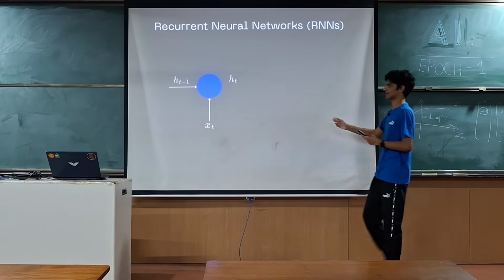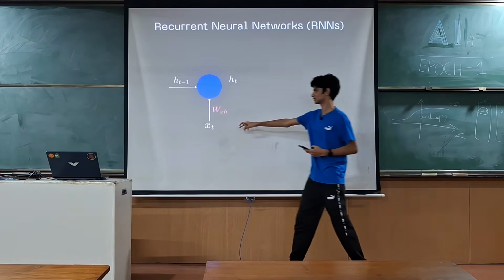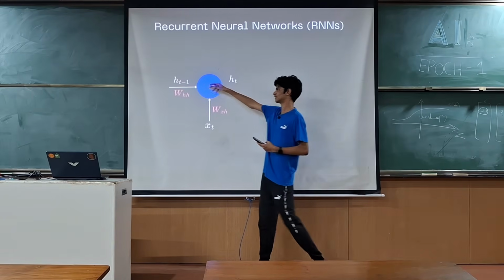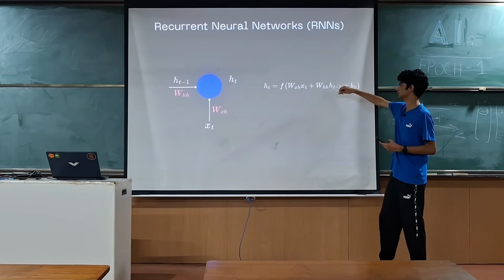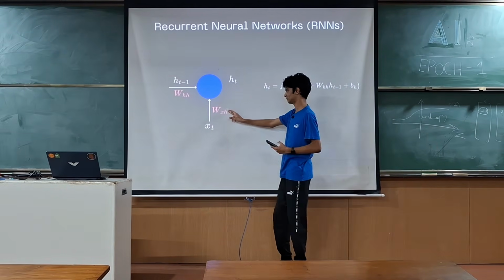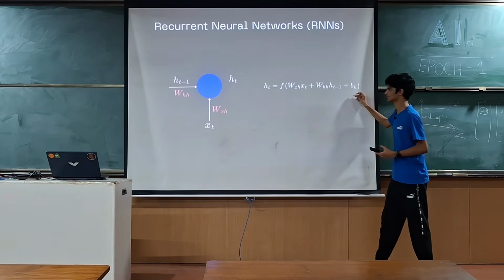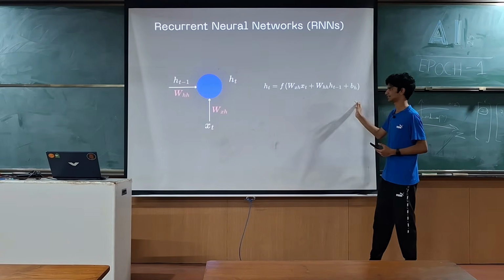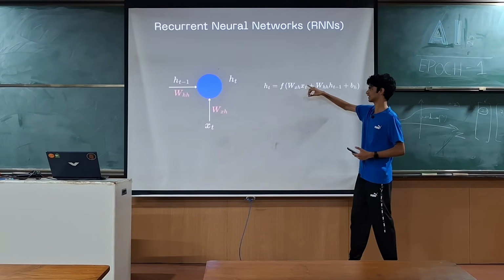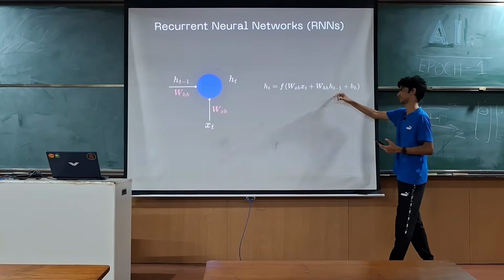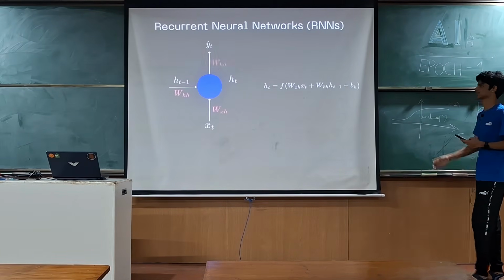How we get this is, again, as we showed in the neural network slide, we use weight matrices. So this is a vector of this particular word. This will be a vector of the hidden state. How we get the new hidden state is you multiply this matrix with this vector, you multiply this matrix with this, you add a bias term, and then you apply your state activation to that, and that's your updated hidden state. Again, as we said, hidden state is a function of the current input and the previous hidden state. Now, based on this new hidden state, you can make a prediction, or you can